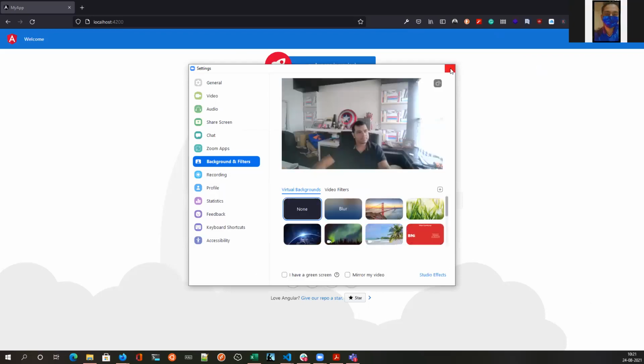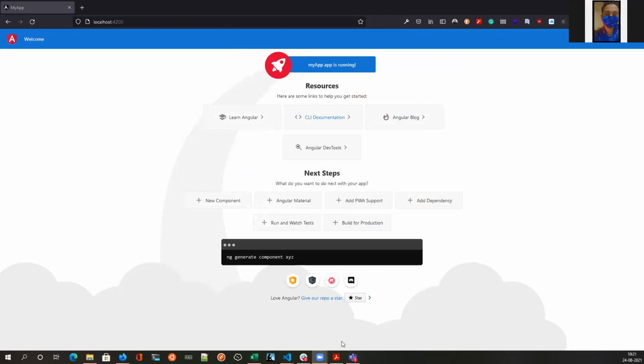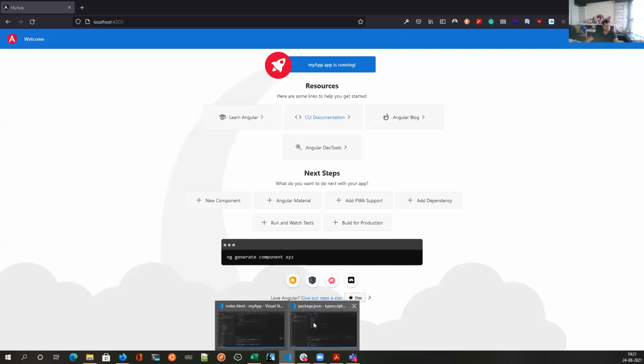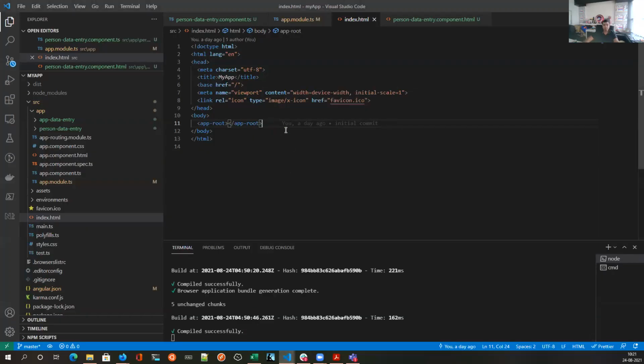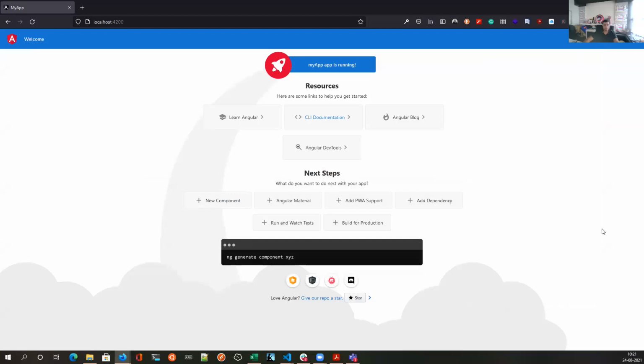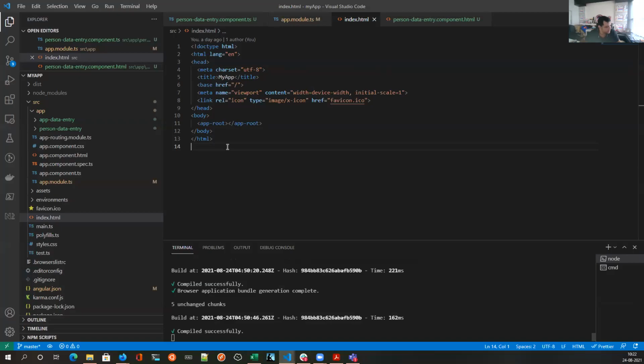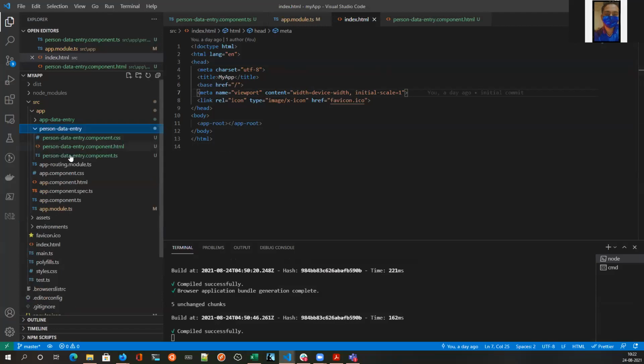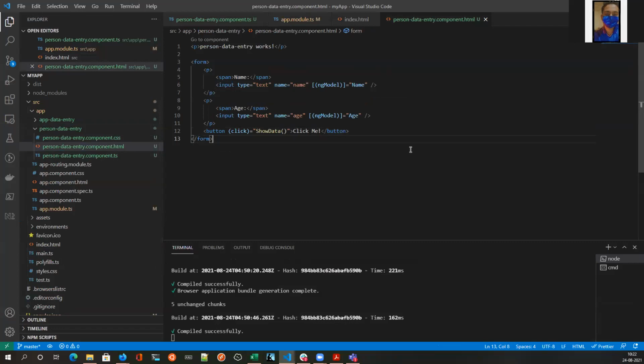Hello, can you show the HTML page code? So it is by default whatever it is right now. When you started, it must be like this, app-root. Check that it looks the same as yours. Perfect. Yes, Aman. Can you show the HTML code? Yeah, this is the HTML, the one with person data entry. Sure. Okay.